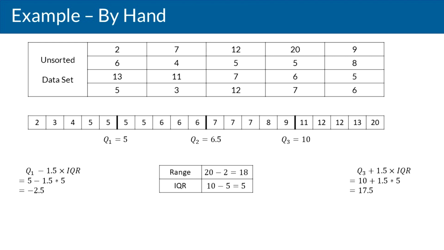So I've done the calculation for my lower bound on the left side of the screen. I got negative 2.5 here, so any value less than negative 2.5 would have to be considered an outlier. Now, my smallest value in the data set is a 2, so obviously this lower bound doesn't come into play in terms of flagging an outlier. At the other end of the data set, I've calculated the upper bound for what determines an outlier and came back with a value of 17.5. Now, my value of 20 is bigger than that, which means that I would need to flag it as an